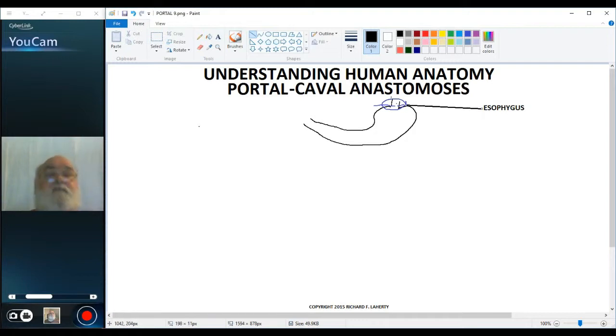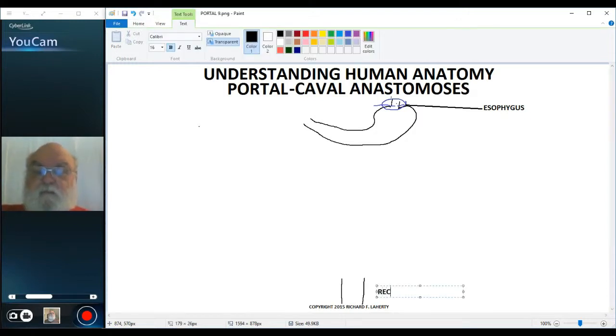Another area that receives a dual vascular supply is at the other end of the digestive tract, and that would be down at the rectum. And the rectum receives vascular supply from the inferior mesenteric artery, but also from paired branches of the aorta coming primarily from the internal iliac artery. So again, in the rectum,